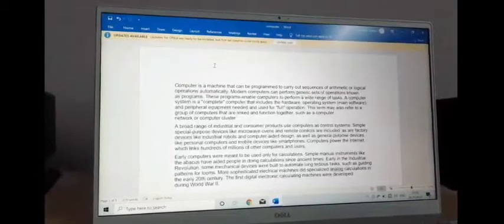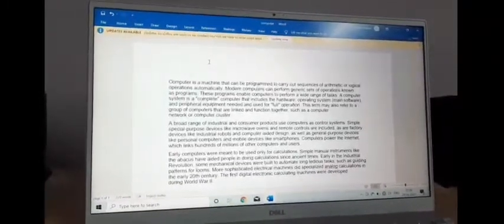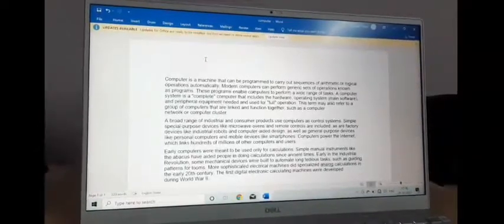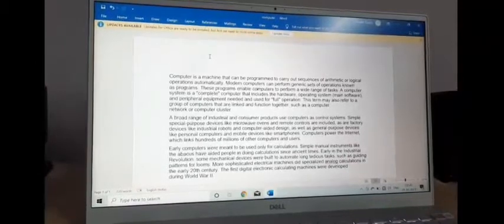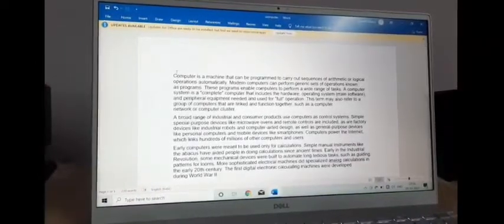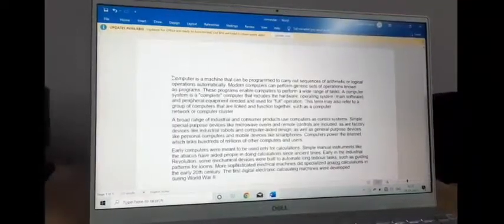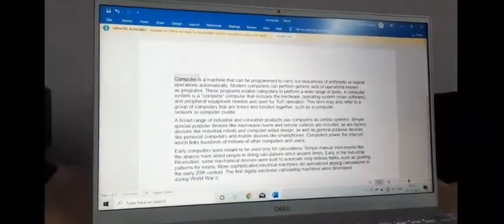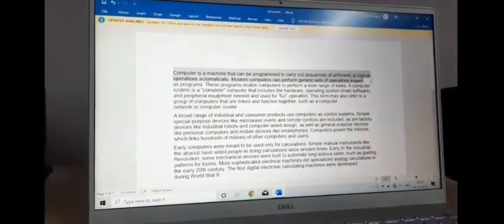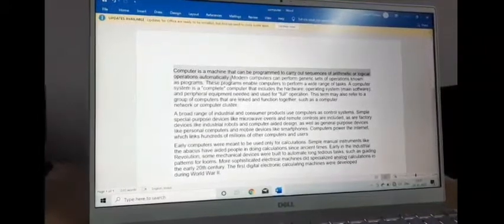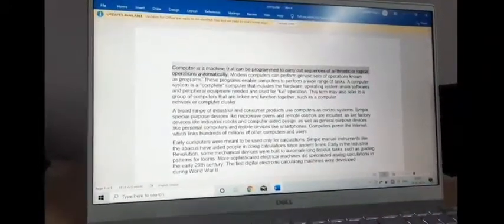Okay, children, let's start. So, the first one is changing font of the text. Font of the text means the writing style, how you will write. So, if you want to change the writing style, then select the things over which you want to perform this. So, I will select one line so that you can understand the difference very easily. So I will select one sentence. All right. After selecting, this is the main part.